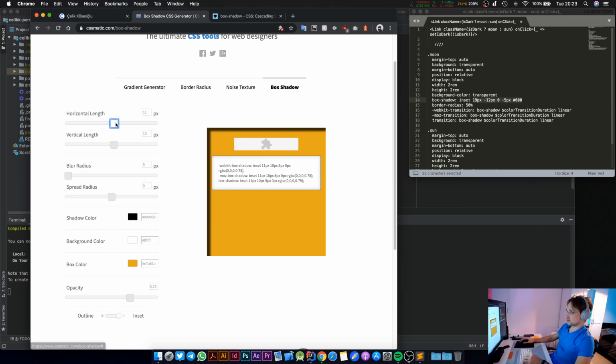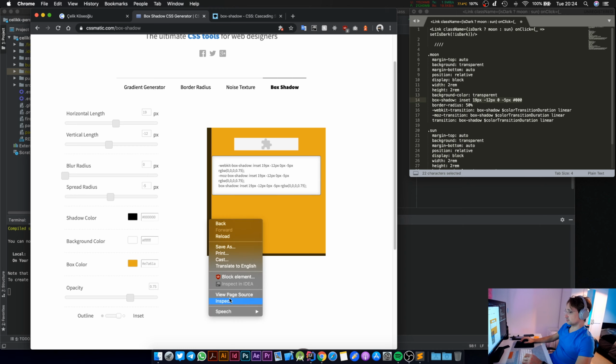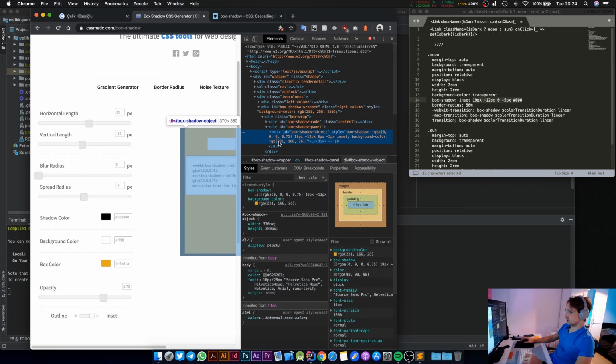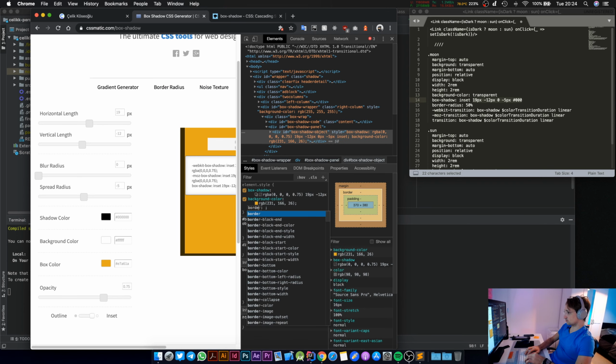So horizontal length of, okay, this goes very fast. Okay, 20 pixels, whatever. Let me put the actual values in. Okay, so vertical length of -12, so it's at the bottom, not the top. Blur radius is 0 pixels, spread radius is -5. Now you can see there's something like an L shape in here, right? But I'm not sure if we can do it in here. Let's try. And if you add a border radius to this,